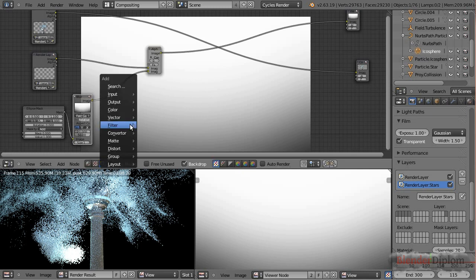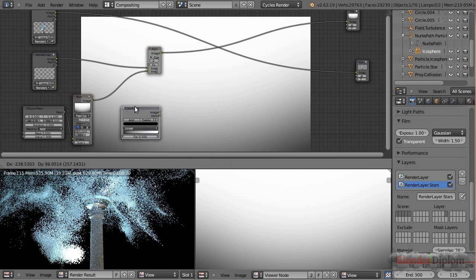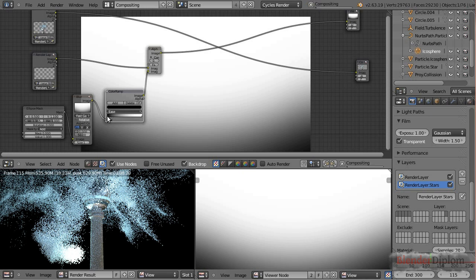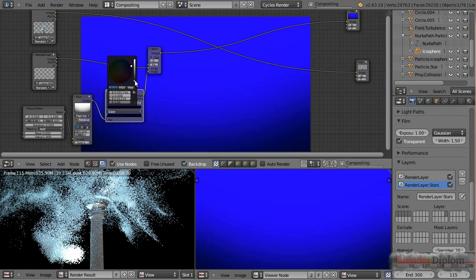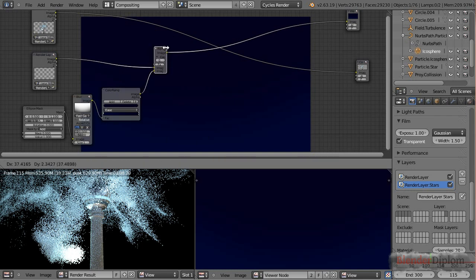But we can change this by using converter color ramp, and now we can simply change those colors. So let's say it starts with a very dark blue and turns into a pitch black that's still bluish, but it should be even way more darker. So now we got our night sky,